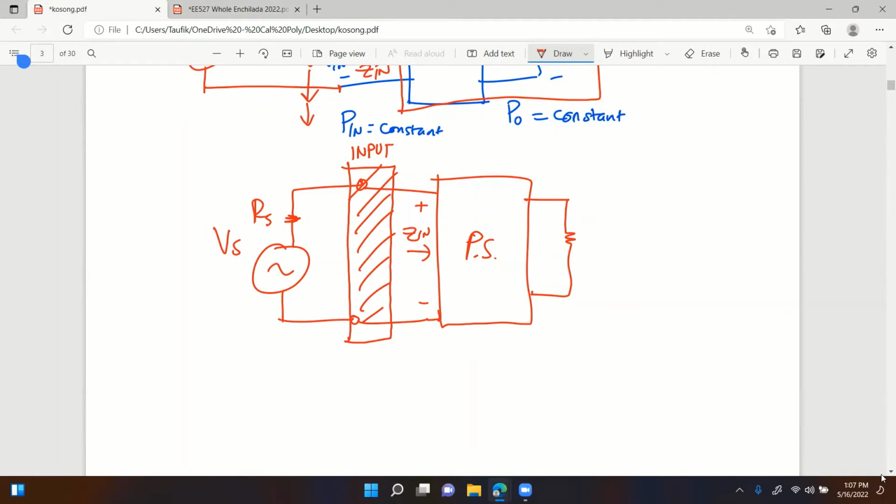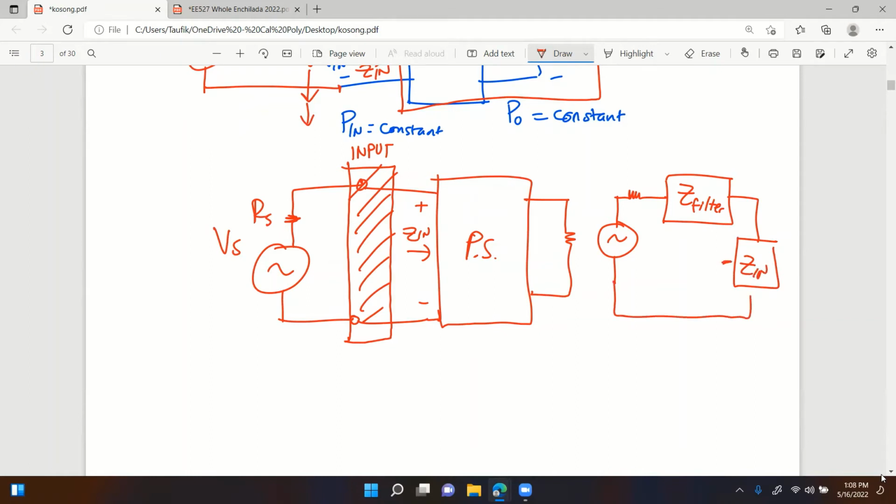So now what you have is this. What you have is the source impedance, and then the filter and C in of the power supply, which is a negative, right? There, that's what we have. You see the problem now? The source by itself, yes, it's small, but look at the filter in series with the source impedance, right? So the whole thing, the combination of the two, now acts like a big Z source,